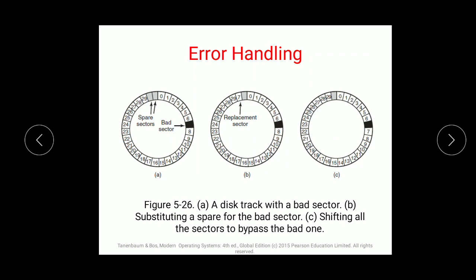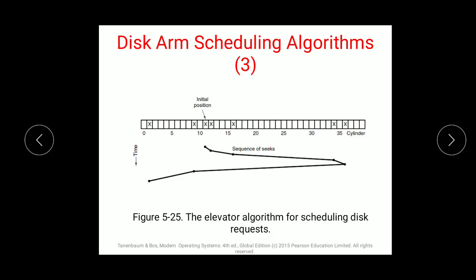One more thing is there over the elevator, I will explain it to you. The elevator algorithm handles the nearest request in increasing or decreasing order until there are no more requests on the way. So in the elevator you should have no other request at a time. It will go in increasing order, and afterwards the direction is reversed. Once it reaches the end, again it will reverse the direction, that is the elevator.